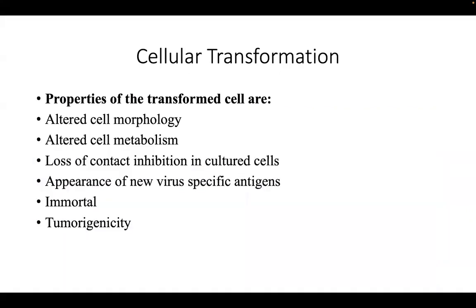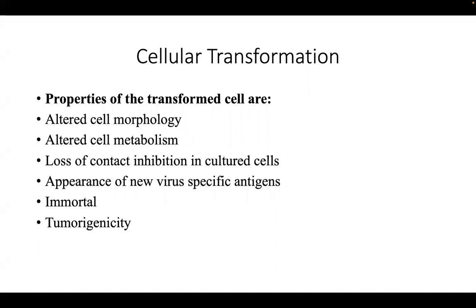So now onto the cellular transformation. We've been looking at the molecular transformation at the molecular level, but now at the cellular level, once molecular transformation has taken place, what happens to the cell? The morphology of the cells gets altered, the metabolism of the cells is altered, then the cells lose contact